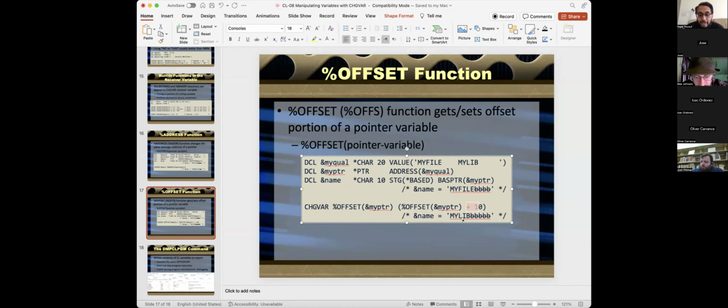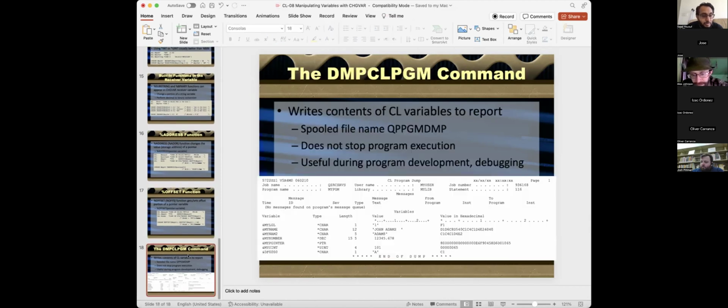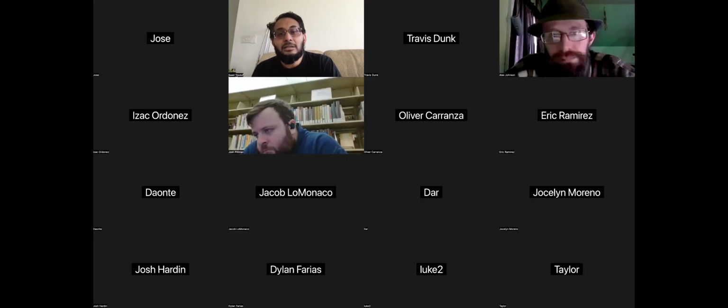So that's why it affects after the 10 bytes. It just offsets this much portion out. And here, it basically shows you the contents of a CL program inside a spool file, which you guys can go behind the scene if you want to see what is the spool file that was generated for the program. So these are some of the functions that we will now put to practice as we start writing code in the CL. So let me switch over to